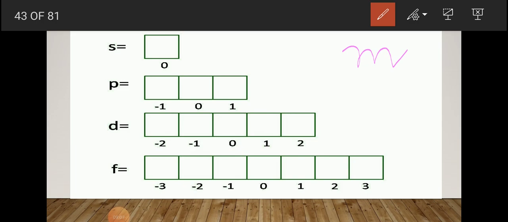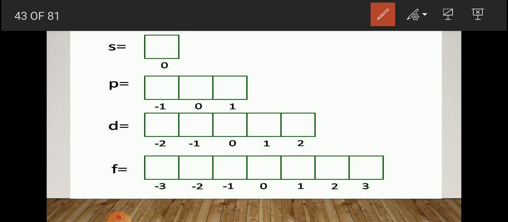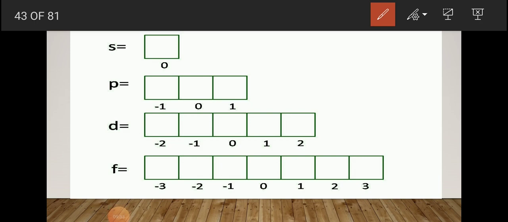Okay, so after discussing the azimuthal quantum number, let's move on to the magnetic quantum number. It is denoted by small m. Sometimes it can be written as ml. The magnetic quantum number is also known as the orbital quantum number. And it explains the Zeeman effect. What is the Zeeman effect? The Zeeman effect is the splitting of spectral lines in the presence of a magnetic field.